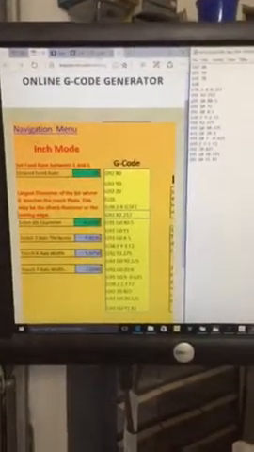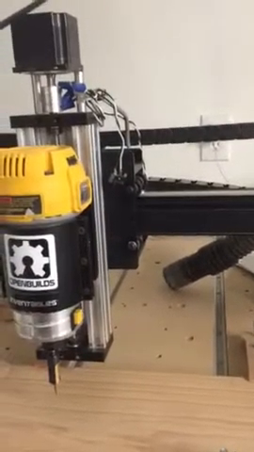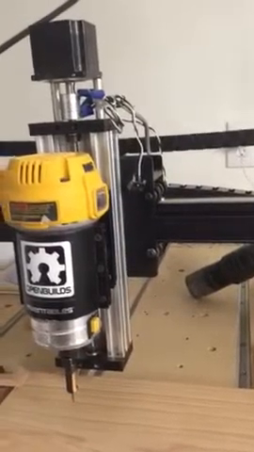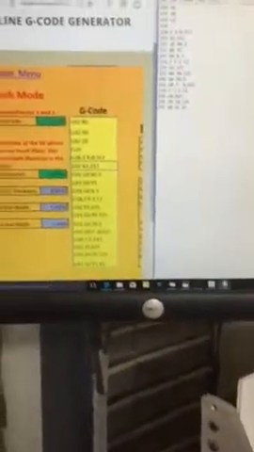I've got a X-Carve 1000 by 1000 machine. I have done a bunch of upgrades to it. Changed out the Z-axis and did a bunch of stiffening mods and other stuff. But anyway,